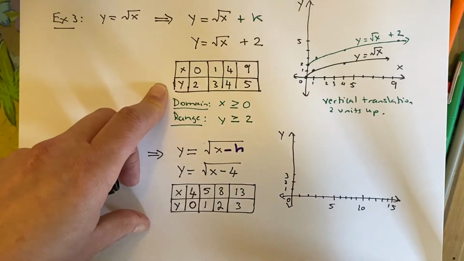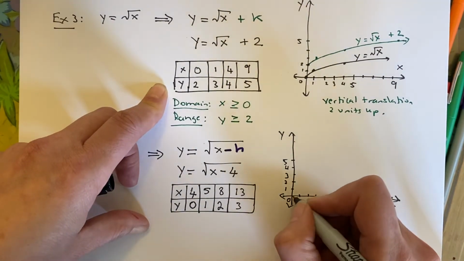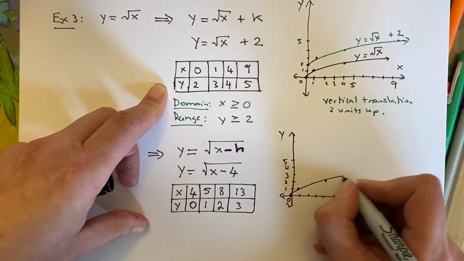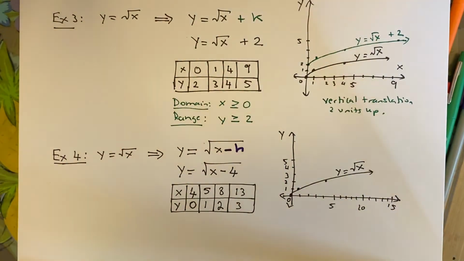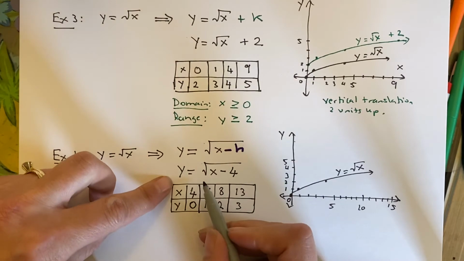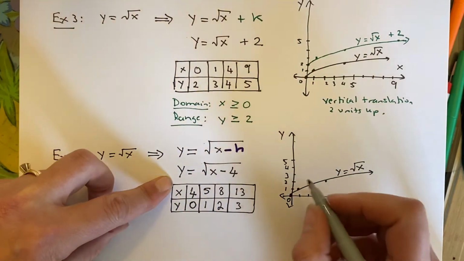All right, again, let me do my parent function. My parent function would have been (0, 0), (1, 1), (4, 2). And there's my y equals square root of x function. I'm going to do my new function, y equals the square root of x minus 4 inside the radicand, and I get